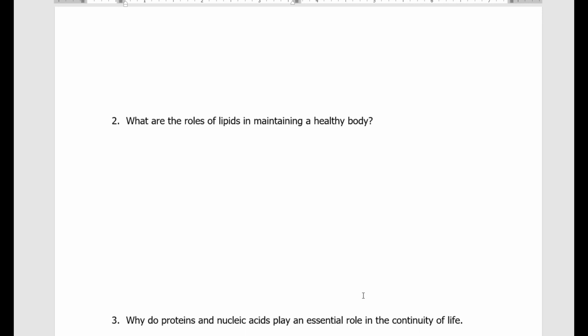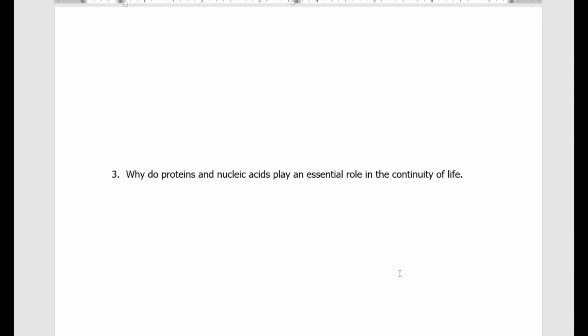Is there a role? What do you think? Number 3, why do proteins and nucleic acids play an important role in the continuity of life? This question is quite broad, so you may read more about nucleic acids and proteins and their role in the continuity of life for you to answer this question satisfactorily. So good luck